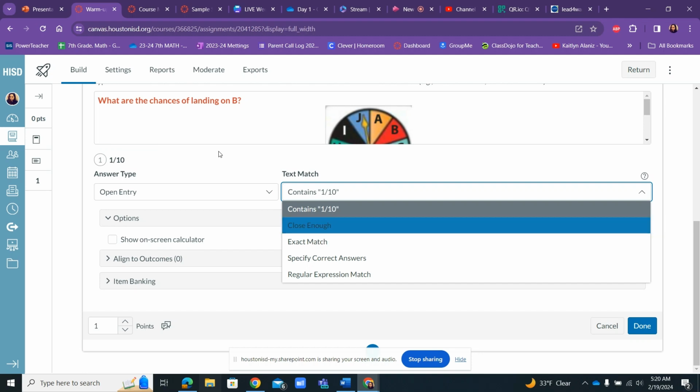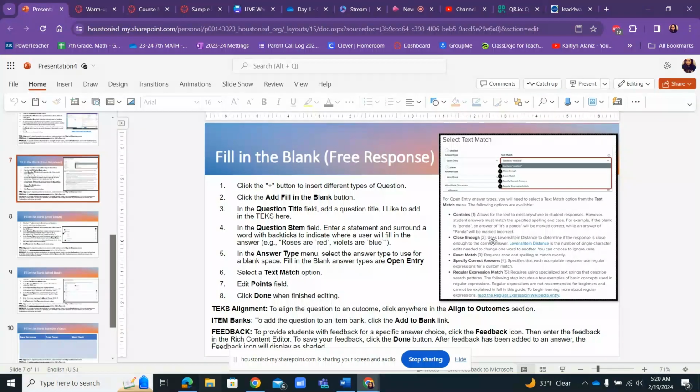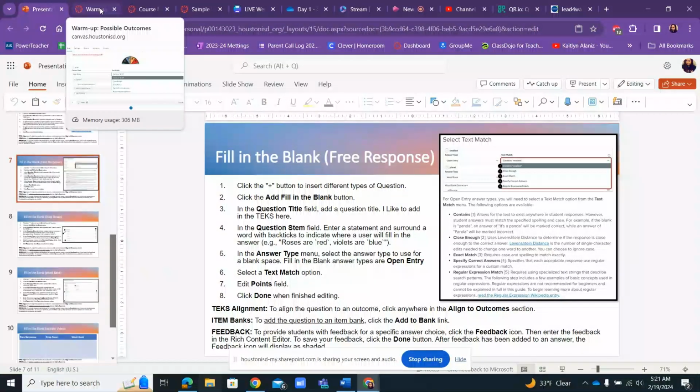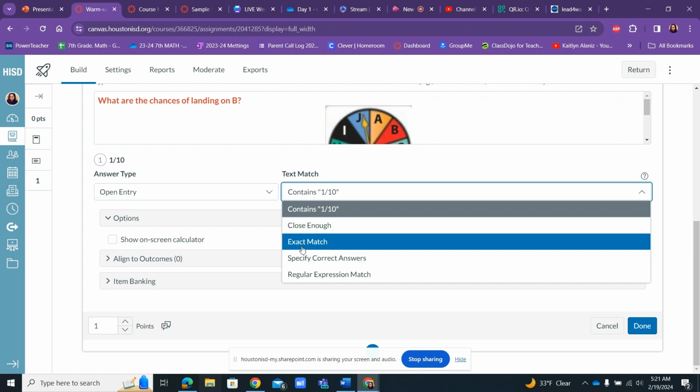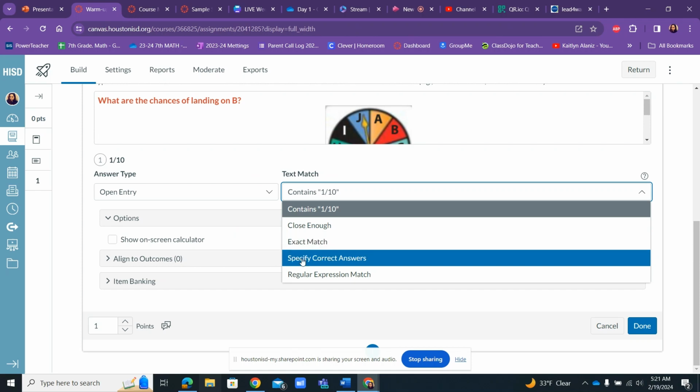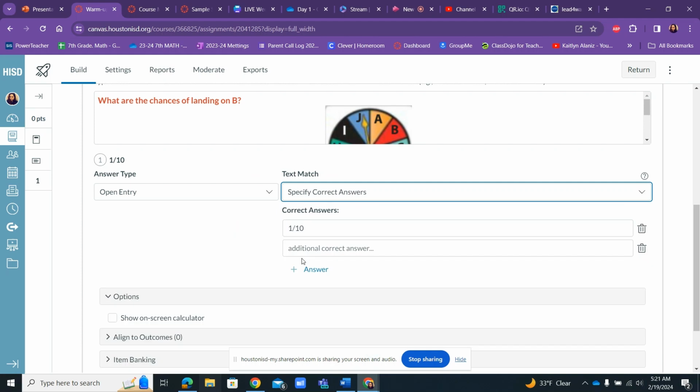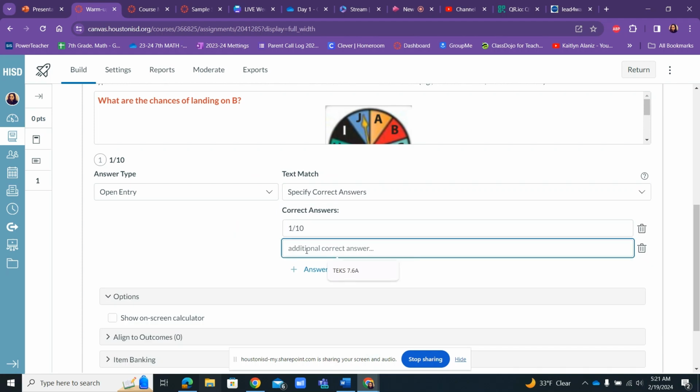Close enough, if I'm not mistaken, yes, is where you're able to be a couple letters off. So if one of the students says, oh, it's 1/10, then they're able to spell it out. Exact match, this is what I use whenever I'm doing math. I typically want the kids to give me an idea based off whatever is there. And then specific correct answers, this is where I can say, okay, they can say 1/10, they could also spell it out,